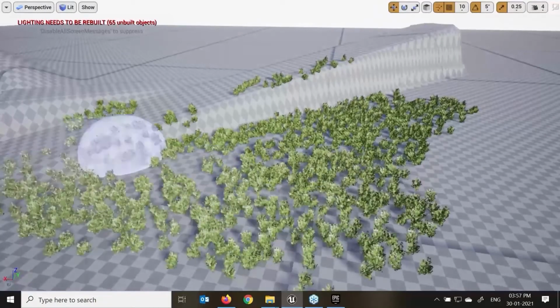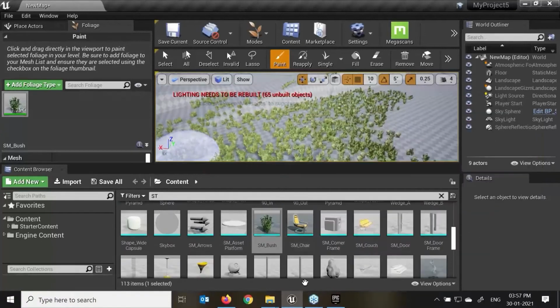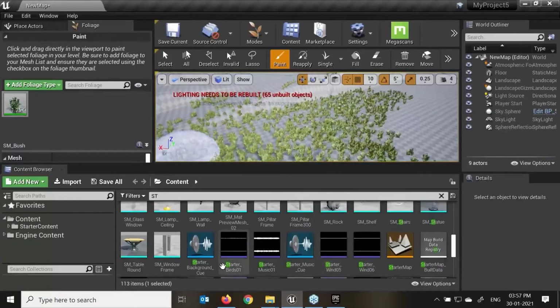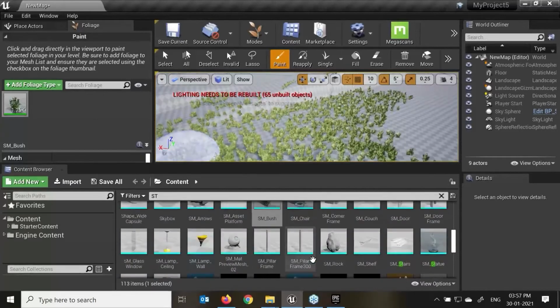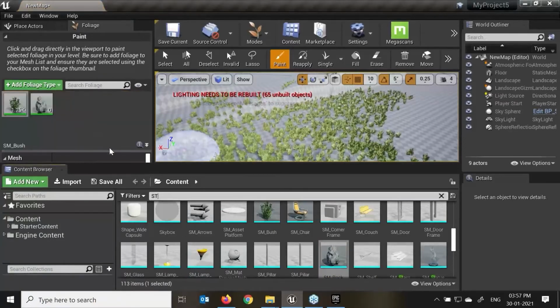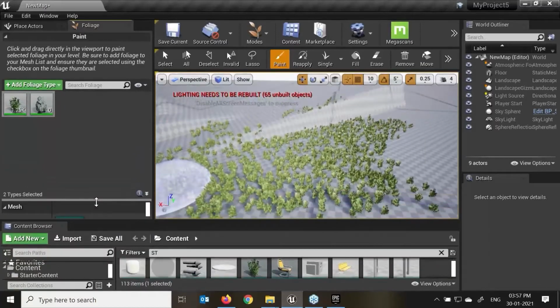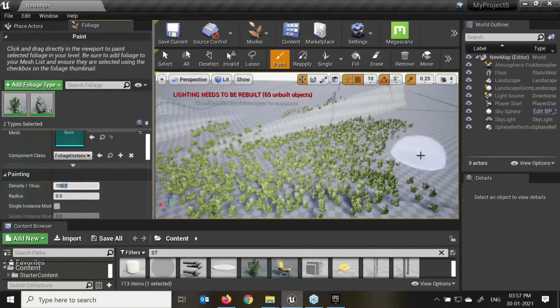If I have multiple foliage types in my scene, for example, let me just check. If I have more foliage here in my scene, click on this static mesh, no, I do not have. I have a rock, so I'll drag it into my foliage folder. Now I want these two to come in as a variation, so I'll select both of them. I'll scroll down a little bit and drag this up. Here we'll find the density, what kind of density weight we are looking at, right?